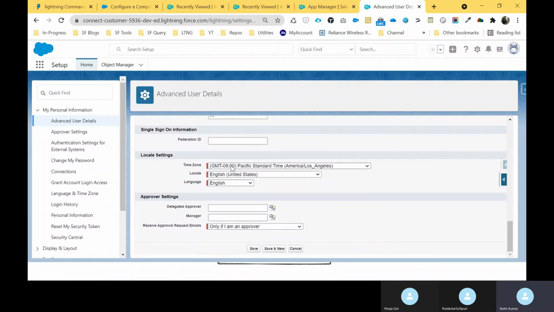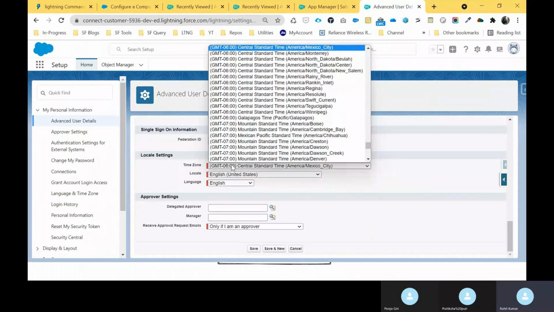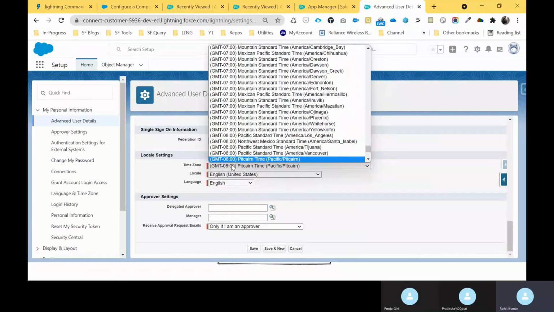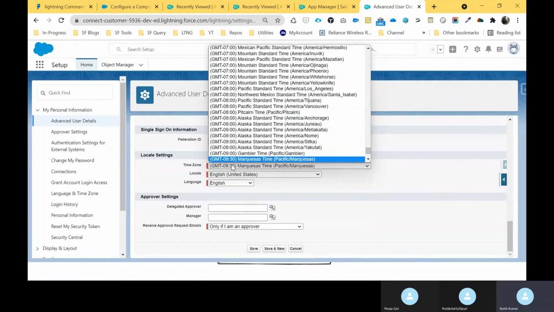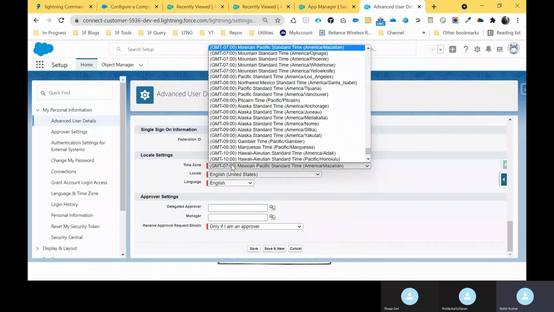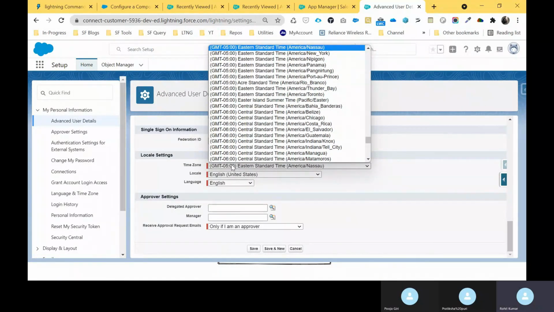This is the time zone problem, right? So let me choose Kolkata, not Central, it's IST. Kolkata, Mumbai. Let me search Asia and check. It's not showing here, but let me check again.